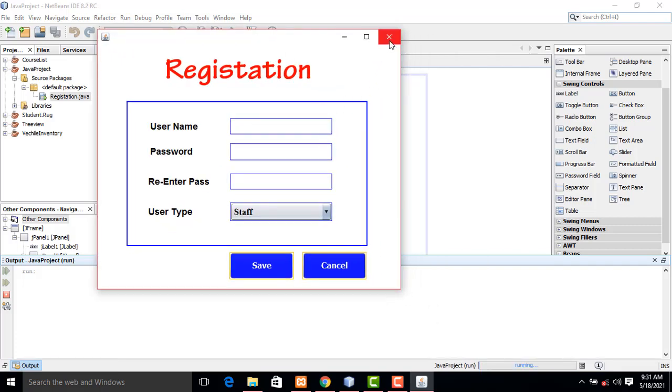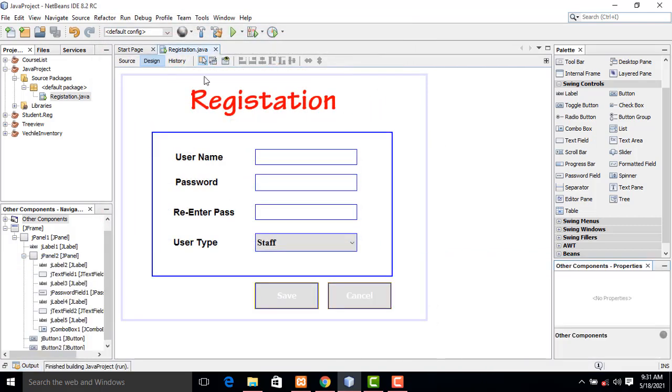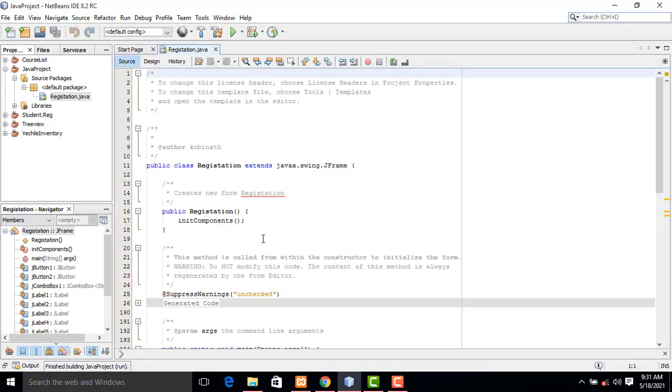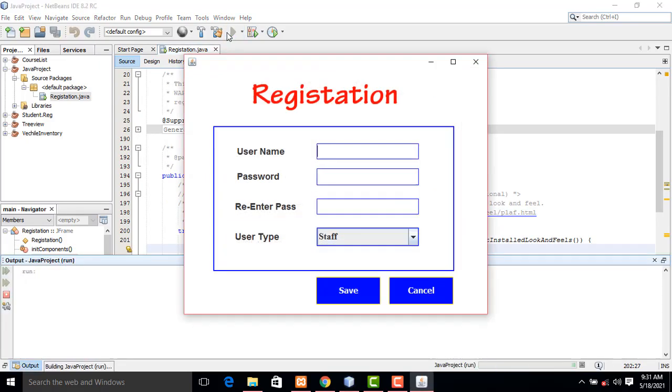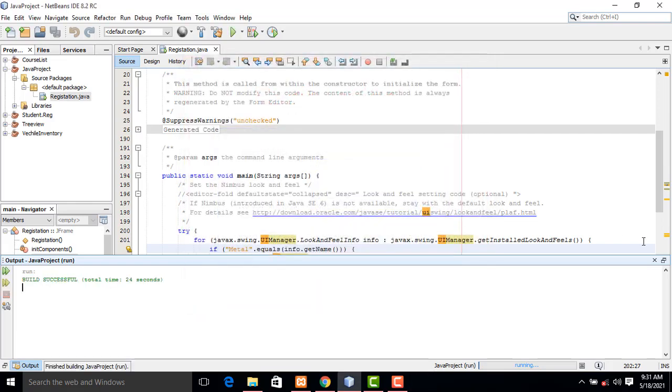Okay, it's nice. Now again I am going to do another thing: go to the source, Control F, UI. If you change it to this one, Metal is the actual Java look and feel of the Java user interface. The user interface I am going to select, right? Okay, this is simple stuff you have to do. Here is a simple login form, so you will be able to type the username, password, all the stuff over here. Admin, all the stuff you have to select. Right? The simple one. This is how you have to do the registration form, the user interaction way.